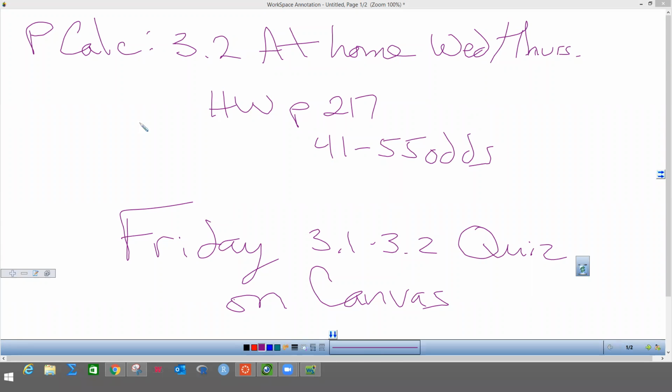All right, we're going to do the at-home Wednesday, Thursday 3.2. This is towards the end of the book, or into this section. We're still doing logarithms, and we're going to start natural logs today. And we're doing 41 to 55. If you look on Friday, you're going to have a quiz on 3.1, 3.2 that's on Canvas for you to